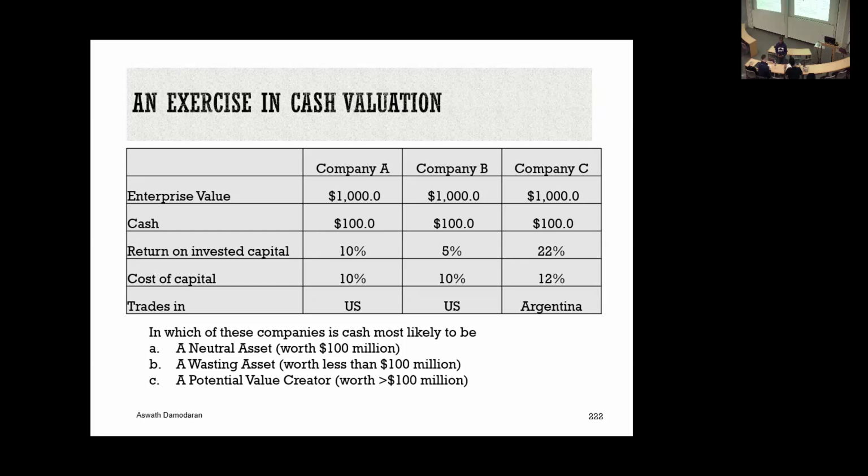Do you see why company B terrifies you, or should terrify you? What does the company have a history of? Stupidity, right? You give stupid management a lot of cash. What do they do? Even more stupid things. This might sound over the top, but if you have a history of making bad investments and doing terrible acquisitions, and I see a cash balance, I start discounting it for the things you might do with the cash. It's not cash itself that's a problem. It's what I think you might do with the cash. Company B is most likely to be the one where you discount the cash.